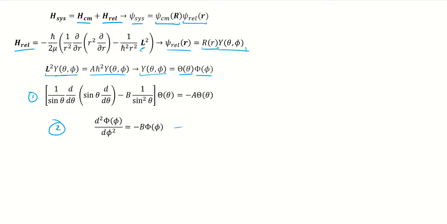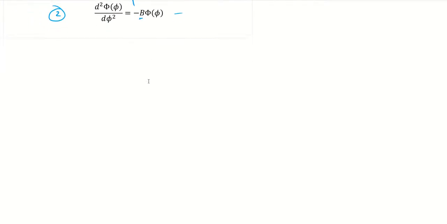Starting with number two, we can solve this. That's what we're going to do today. It'll give us some information about the separation of variables constant B that will then help us out with this one, which we'll solve in the next video. That'll let us know a lot about the separation of variables constant A that will then keep going all the way up until we have our full hydrogen atom relative wave function. So let's start that.